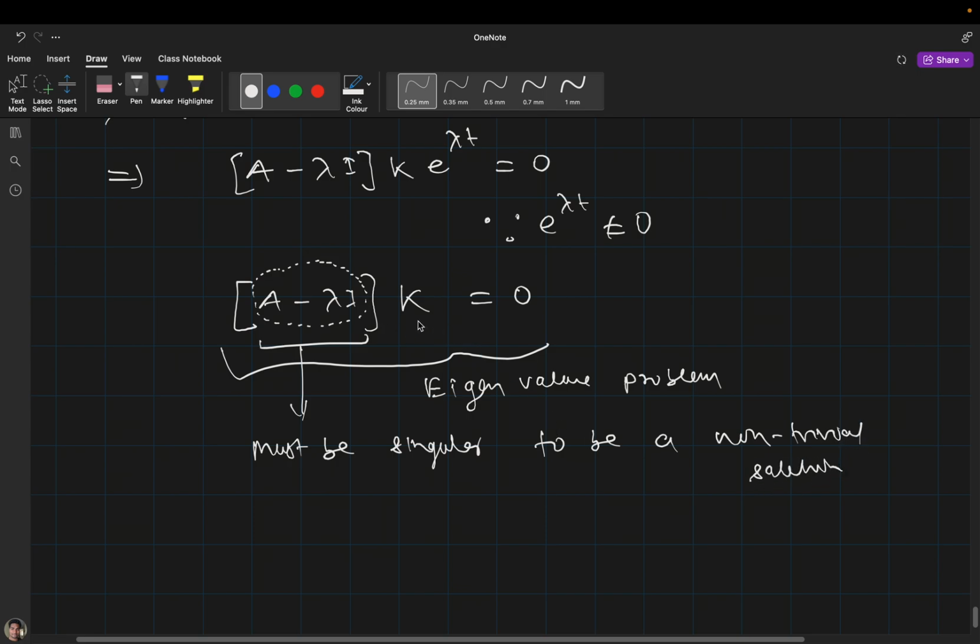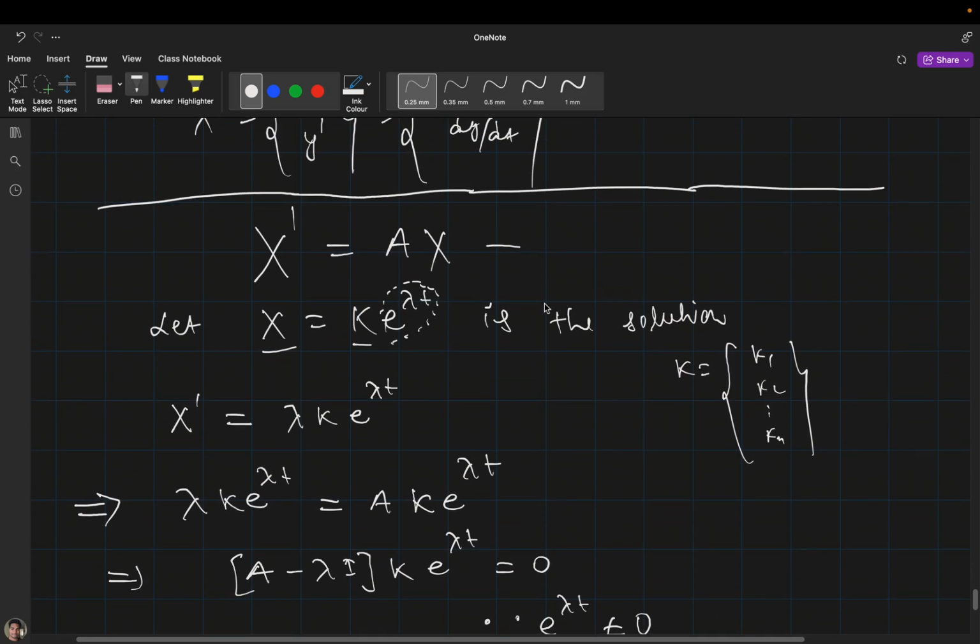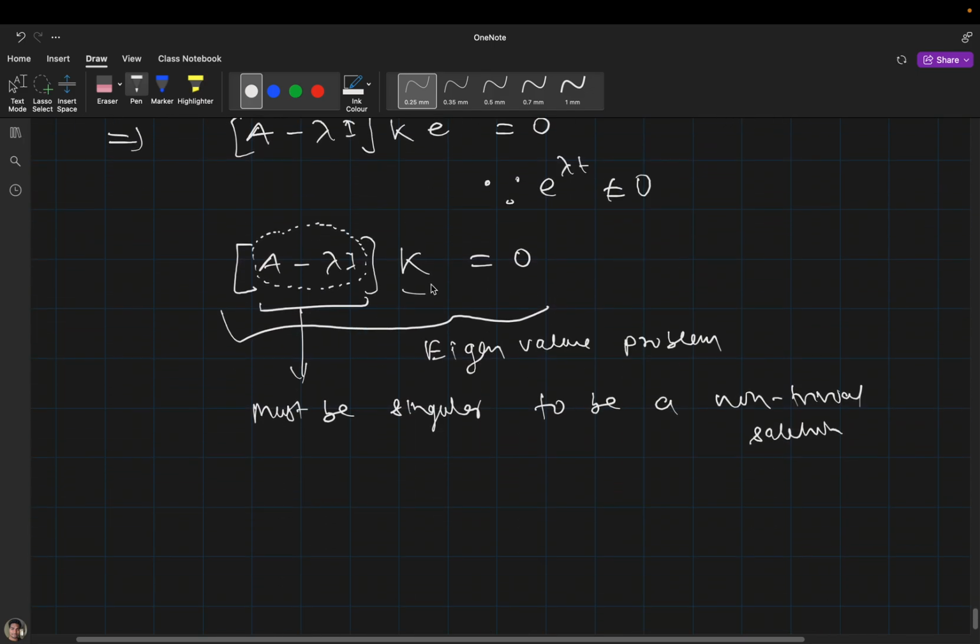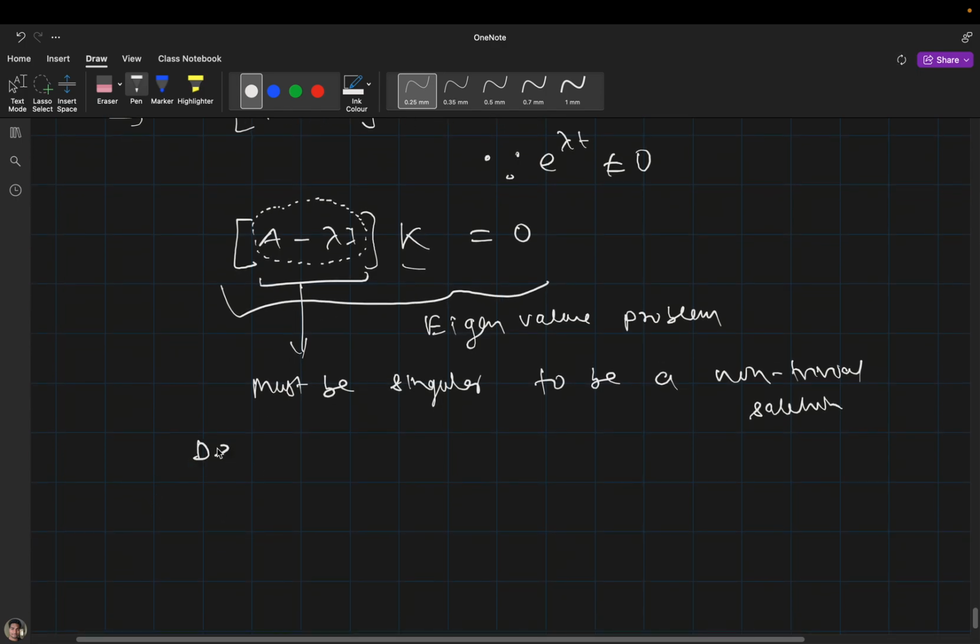Because the trivial solution will be what? K equal to 0, and if you take k equal to 0, then all solutions will be 0, which means that the 0 solution will always be the solution of this matrix equation, but we don't want that. So for that we need an infinite number of solutions, which is nothing but the non-trivial solution. In that case, this matrix must be singular, which means that the determinant of A minus